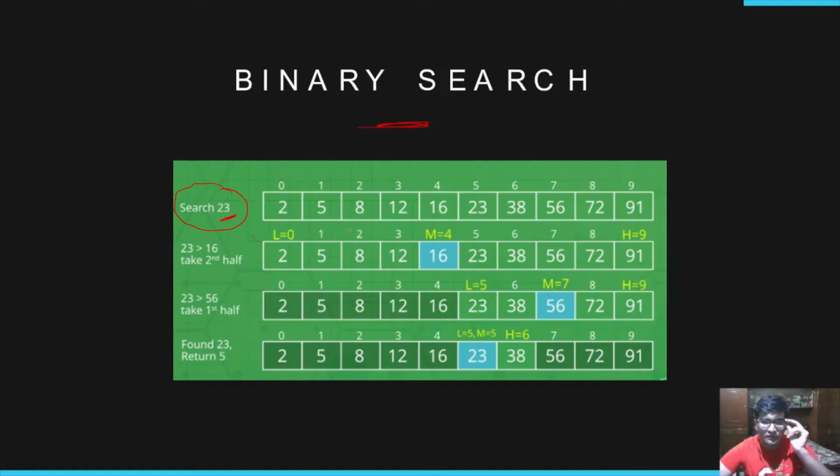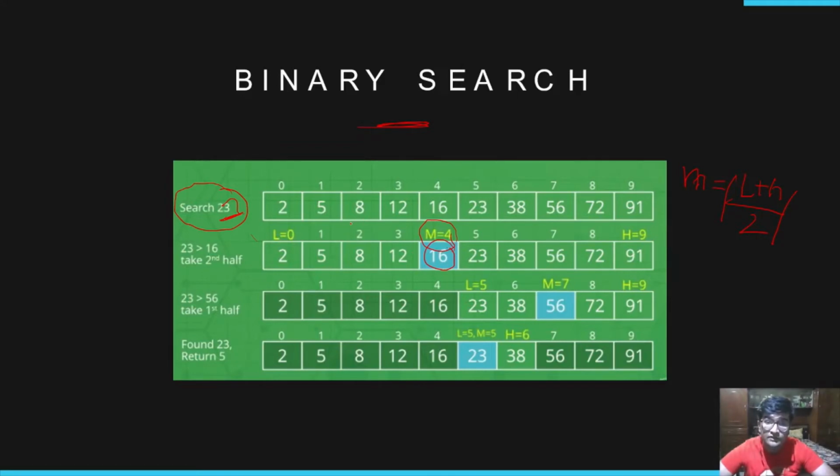According to the divide and conquer approach, first of all, we'll divide this array into sub arrays such that there is a mid. So what is mid? According to the terminology used in this picture, mid is (L plus H) divided by 2. Basically mid is the centermost element, or if there are an odd number of elements, then it is the first element after the middle. So first we'll find the mid, and then compare it with the number we are supposed to find.